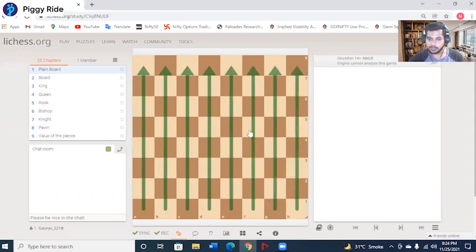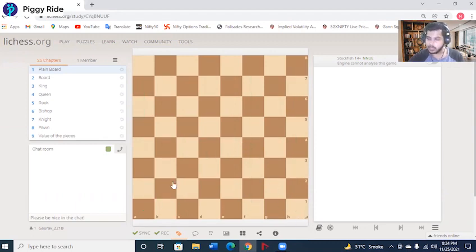Now, once we are done with the files, do you see these numbers at the right? It's 1, 2, 3, 4, 5, 6, 7, and 8. These are called ranks. I'll again write it down for you.